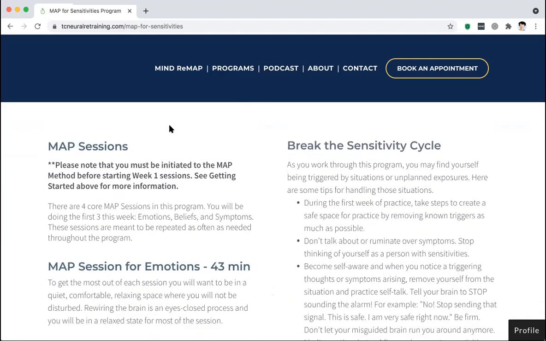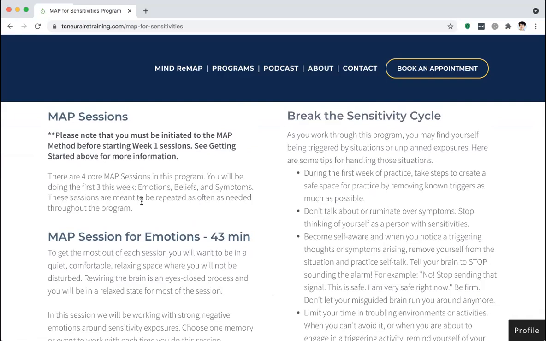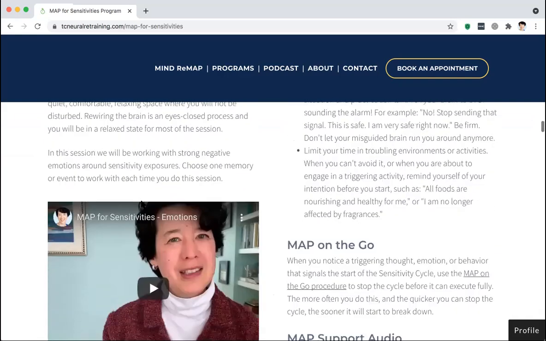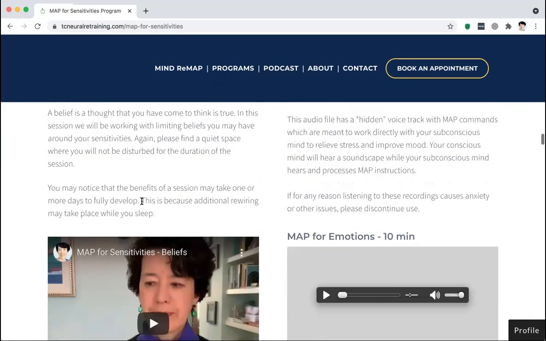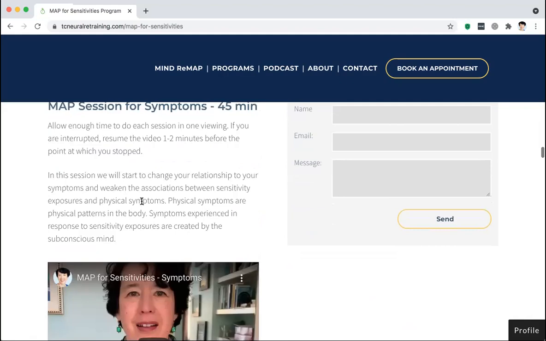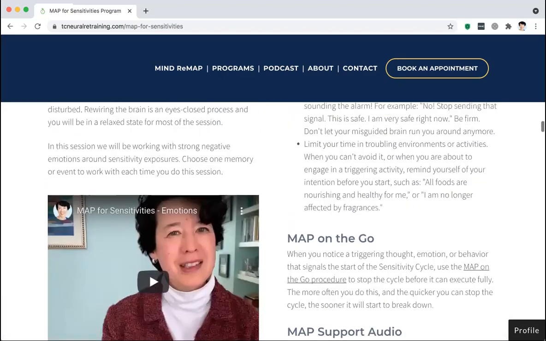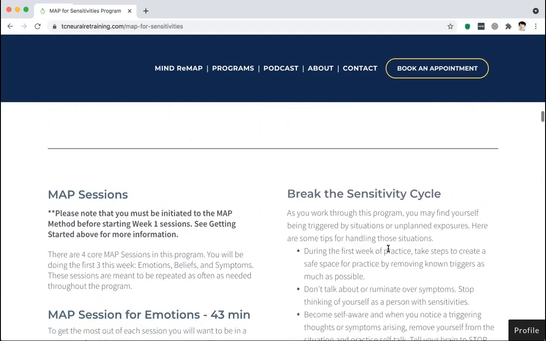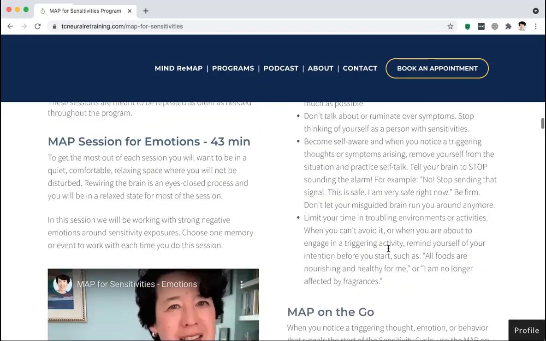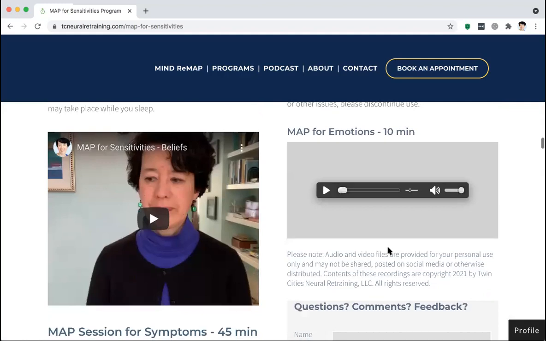On the left-hand side, below that, you will find two columns. On the left-hand side are all the required activities for week one. In this case, it includes 3 map sessions: emotions, beliefs, and symptoms. On the right-hand column, you will find additional information and additional resources that you can use as much or as little